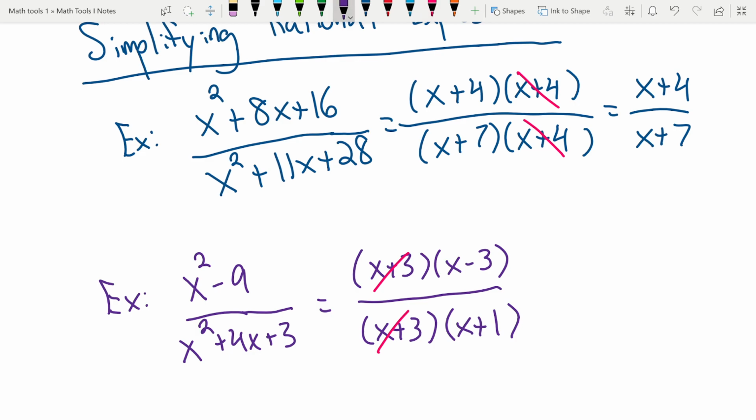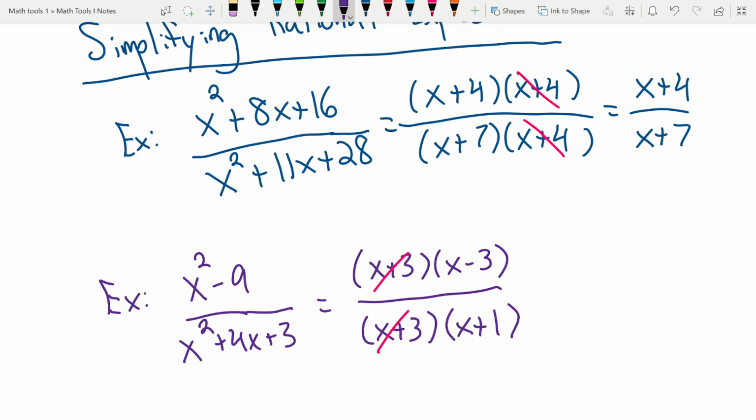So nothing really too new here, just adding on to what we were doing in the factoring section, now being able to cancel out a common term. One thing I do want to point out, one thing we should always be careful of,